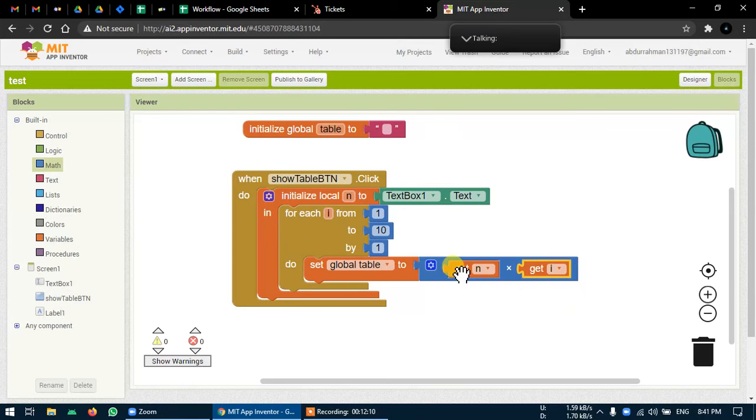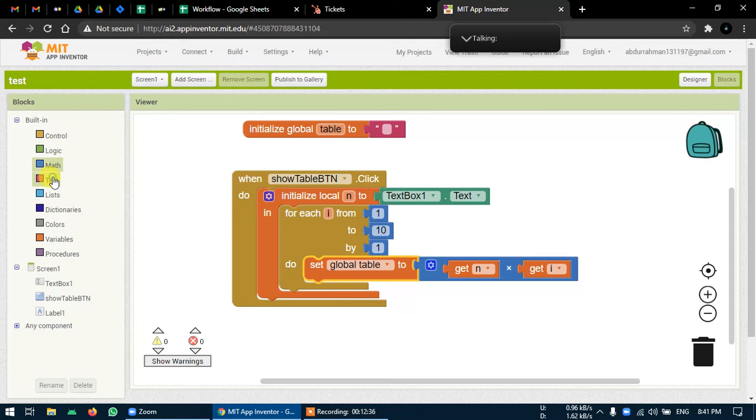This I is 2 and this n is always 2. 2 into 2, 4. What will happen now? Instead of storing that previous 2 and this 2 into 2, it will just override the previous 2. But we don't want that. We want to store that previous 2 also, that is 2 into 1, and this current 4 also, that is 2 into 2, which you got. But right now it is overriding the previous 2.